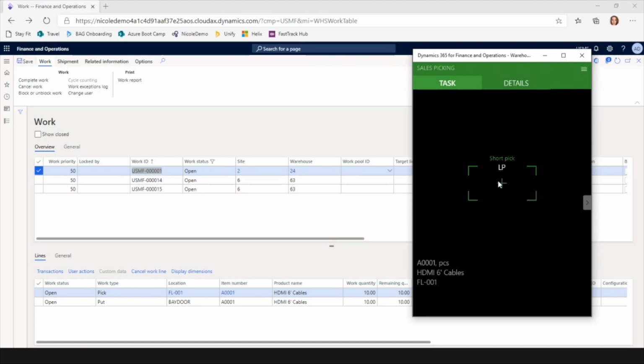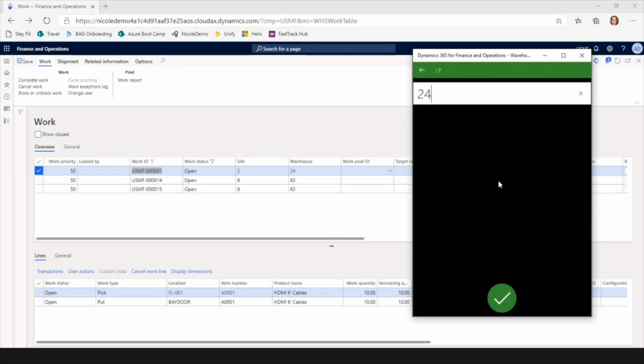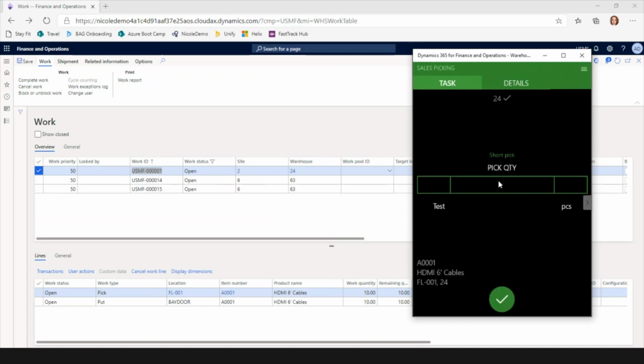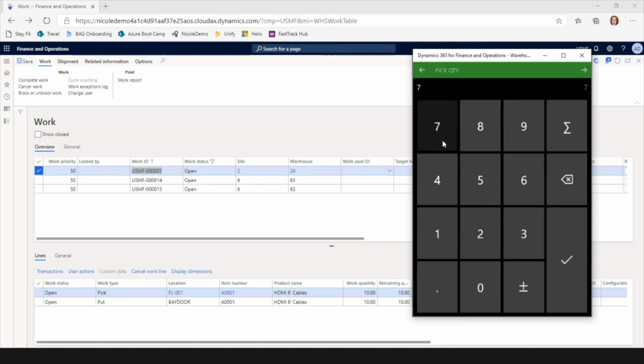It's going to tell me which license plate I am. This location, unlike the other one I was picking from, is license plate controlled, which is why it's asking me to scan the license plate that I am picking from. So I enter the one that we looked at earlier, which was 24, to demo that other license plate issue. It's asking me again, I had 10 pieces, but I'm short picking. So if I have 7,